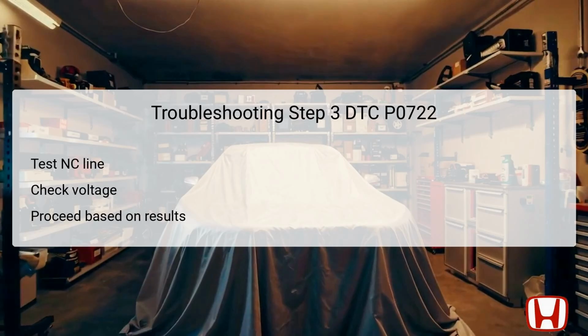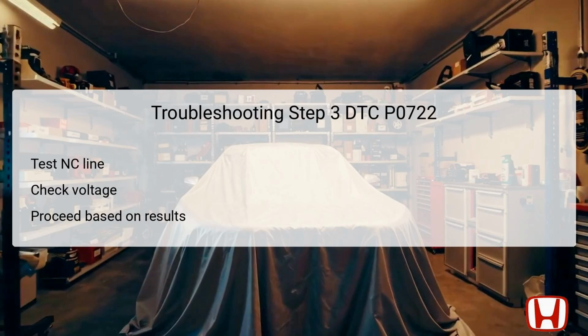You will measure the voltage at test points 1 and 2, specifically at the number 2 pin of the sensor connector. This pin should also yield about 5 volts when the system is active. If the voltage is confirmed, proceed to the next troubleshooting step. However, if the test exposes a lack of voltage, further investigation into the wiring for issues along the NC line